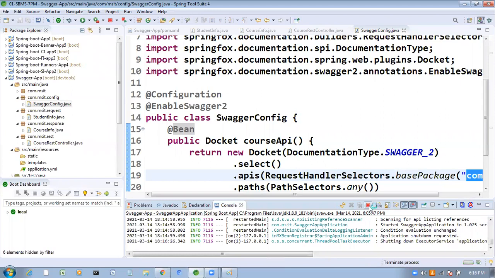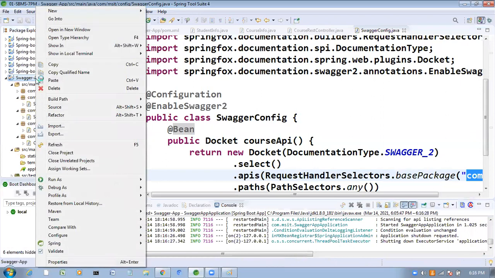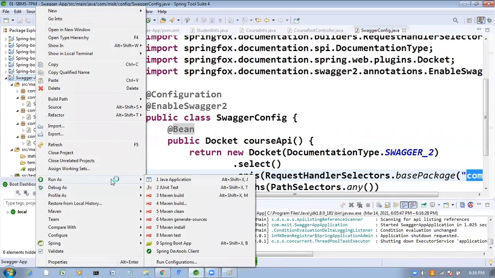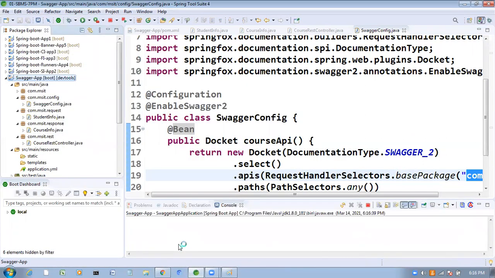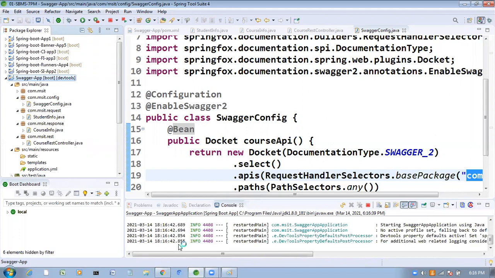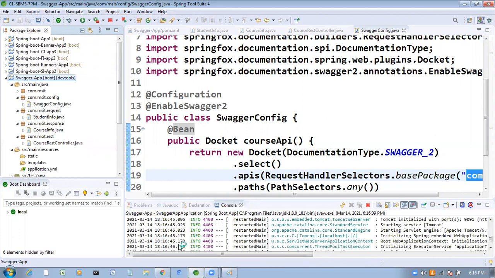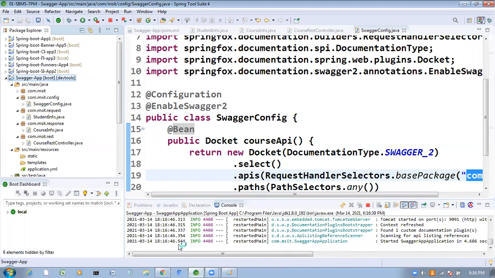Stop this. Now go to here, run as Spring Boot application. Started.